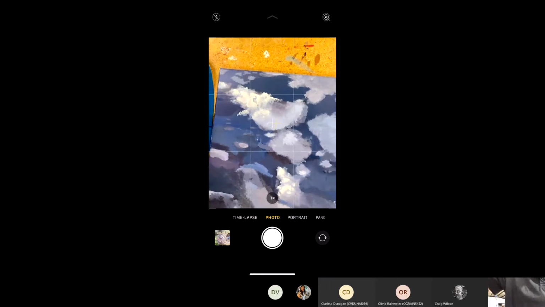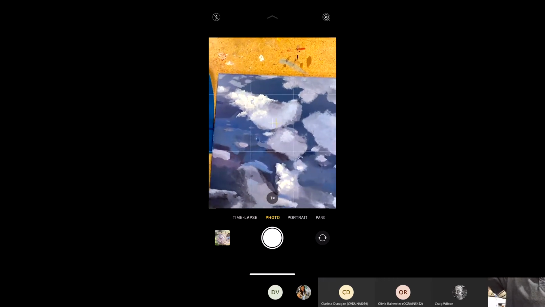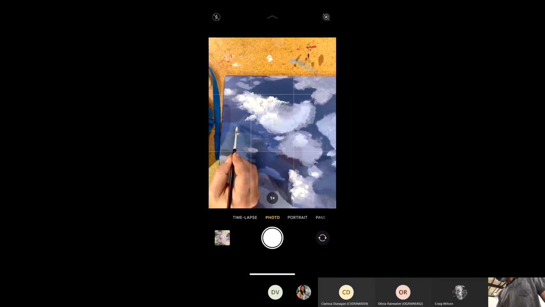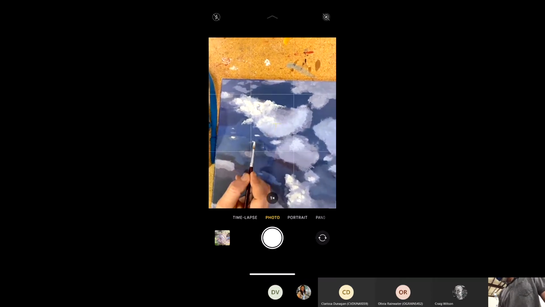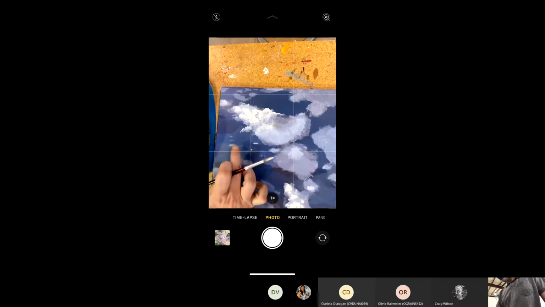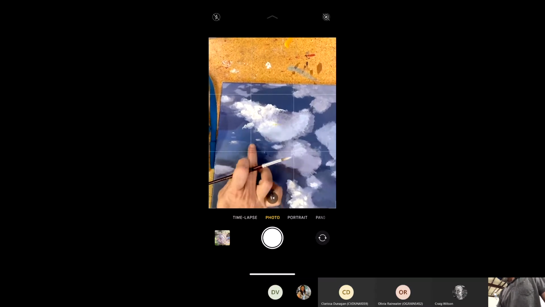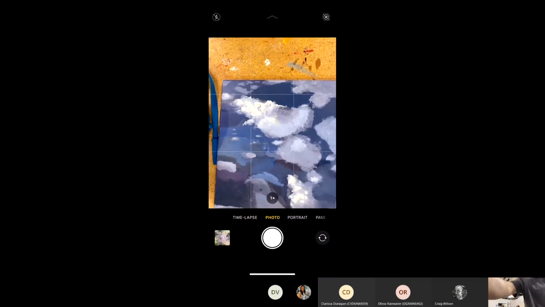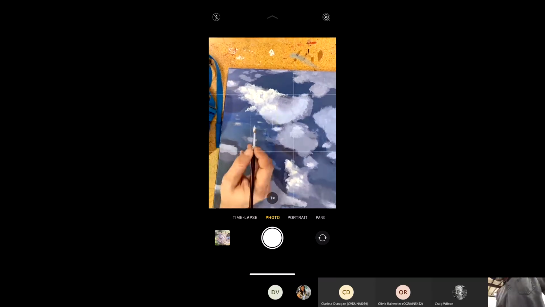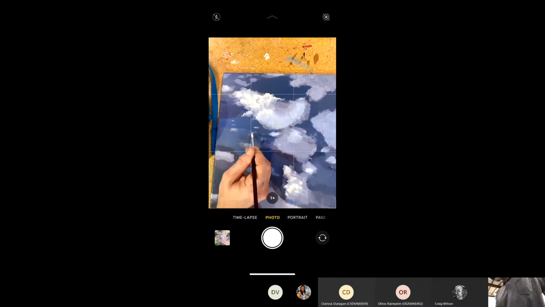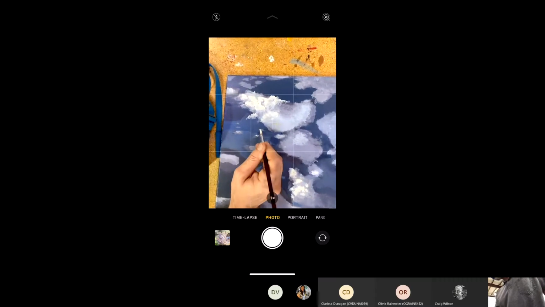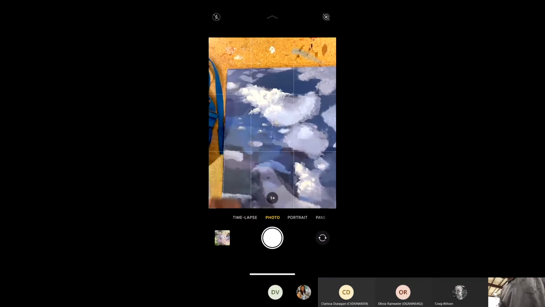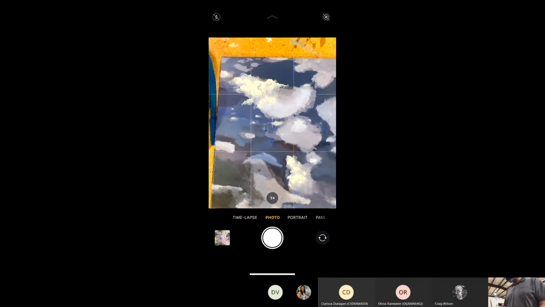And then I might come in here. And one thing that I like to do is put water in it. So like with these little clouds, just put some down and then use my finger to kind of smudge it so that it's not so stark. And then come back and just get,